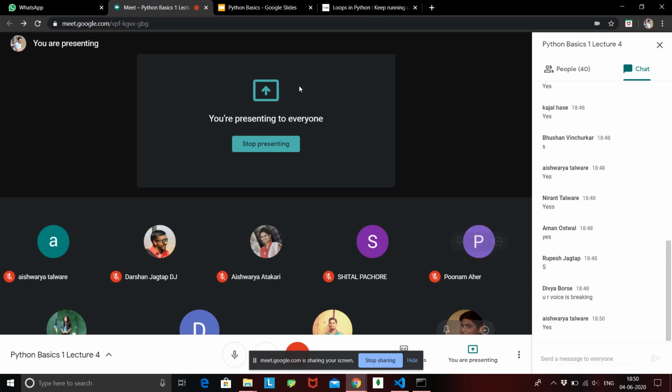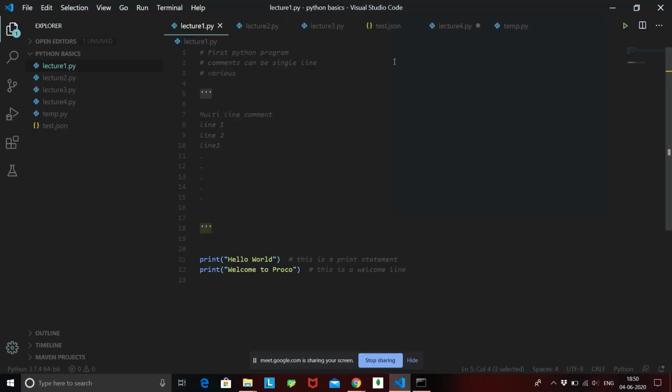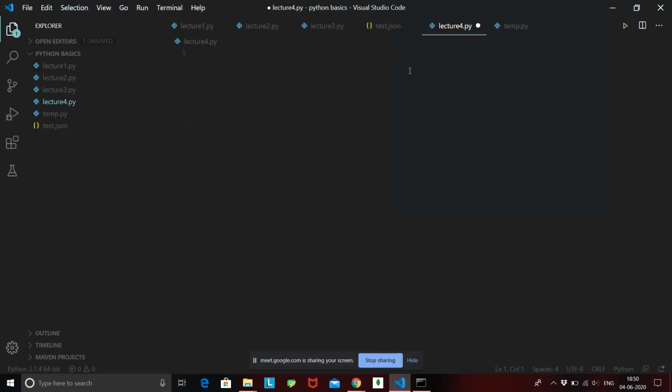Okay, so for the if else statement, I'll not be using my command line. Let's jump into my text editor and we'll see it over here. The reason I'm using a text editor is that we are now moving from single line commands to multi-line commands. The if else statement is not a single line; we have to write multiple lines of code for it. So let's take a quick example.